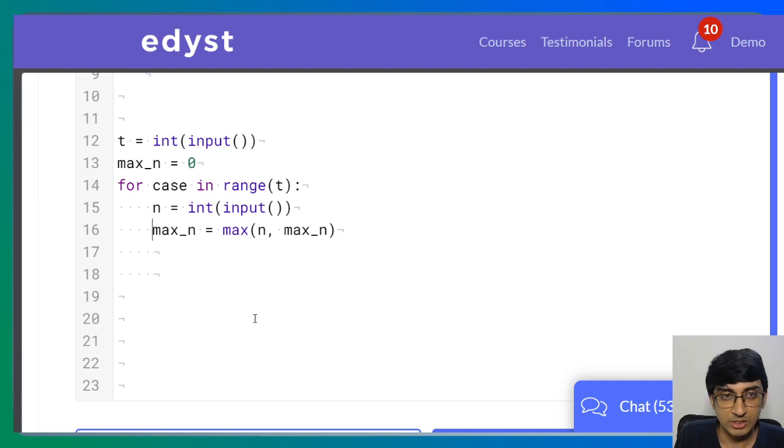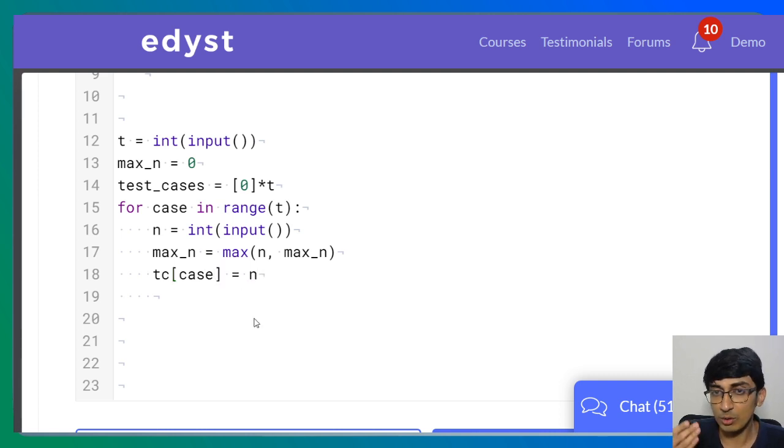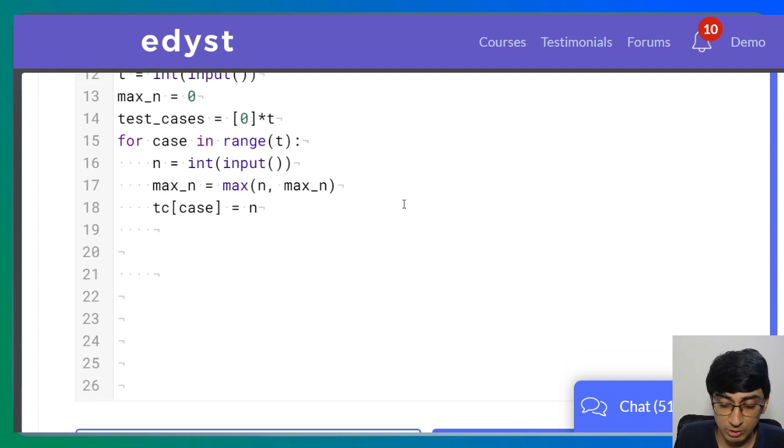So I'm going to say, let's keep test cases here. Let's say TC, that's my test cases array. Let's write better variable names, everybody. Test cases is equal to 0 into T, right? Because that is the thing. And what we say is TC of case is equal to n. Basically, I'm just storing all of the n's for which we are supposed to give the answer. That's all I'm doing over here, right? Okay, now that we have done that and we found the maximum number for which we need to find the answer,